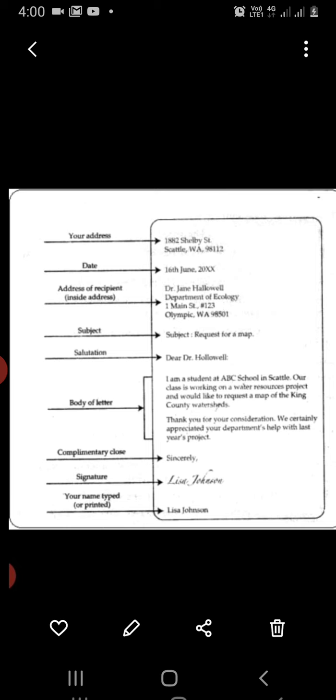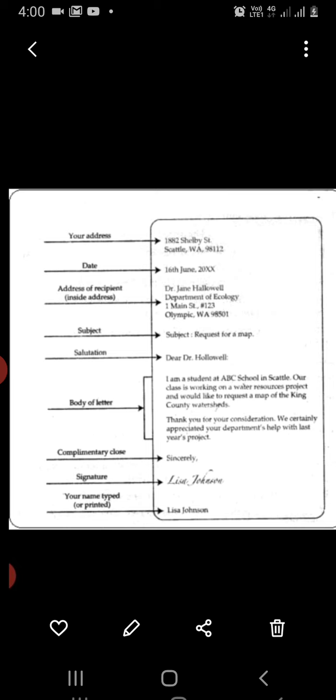After writing the salutation, you have to write the body of the letter. This part contains the actual message to be conveyed, so you have to be brief and to the point. Your letter should be clear, because otherwise you are likely to be misunderstood and might get something other than what you require. It should be brief, because a businessman has no time to attend to unnecessary details. So that's why it should be brief and very to the point.